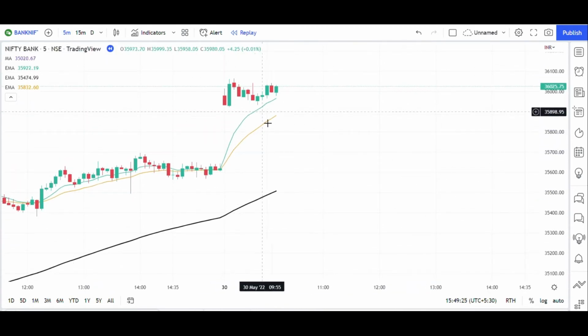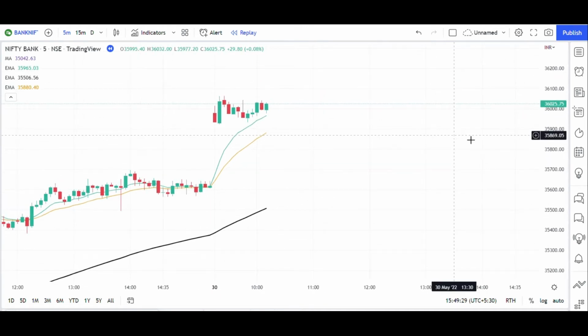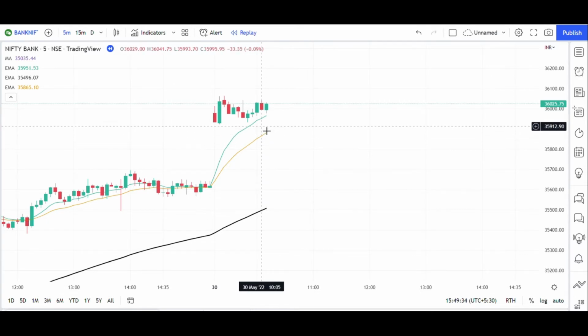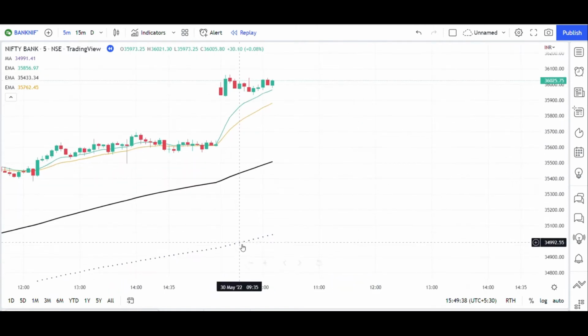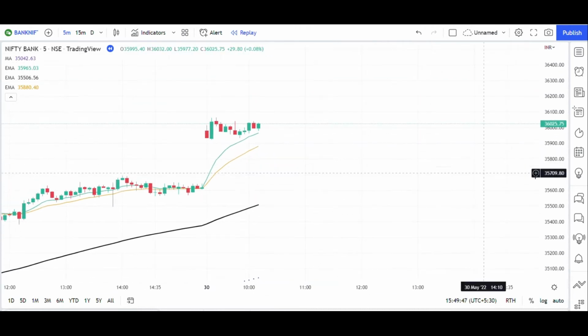So here we can see the price is just consolidating, but we want to take the short trade. So as per the rule, any candle which is giving the closing below this 20 exponential moving average. And this trend is a good bullish trend. You can see 10 is greater than 20, 20 is greater than 100, and 100 is greater than 200. So we can see this is a very good bullish trend, but we want to take the counter short trade